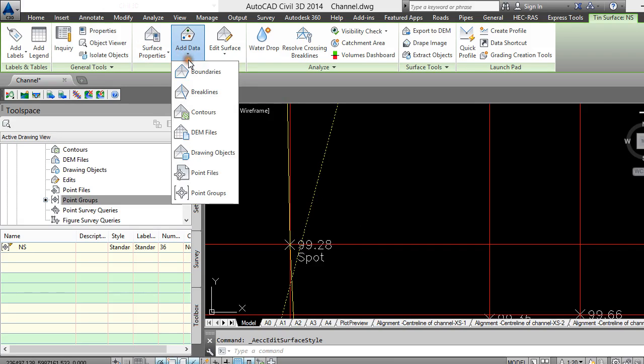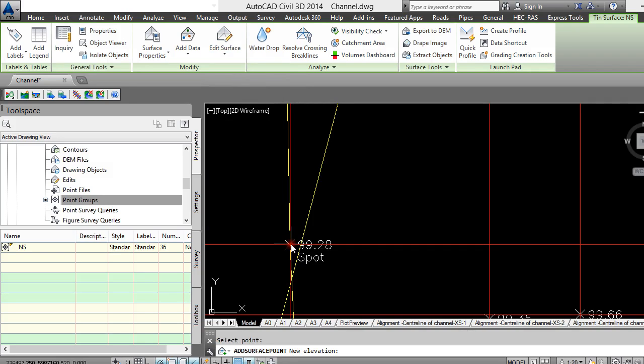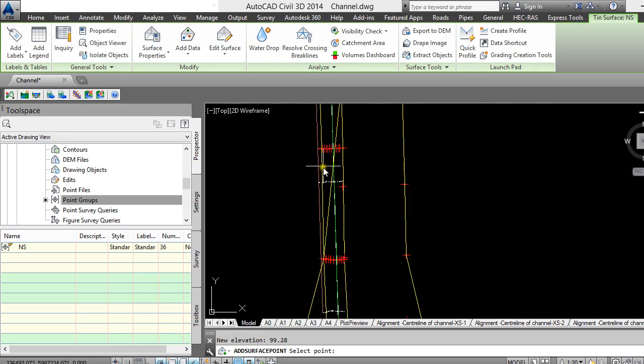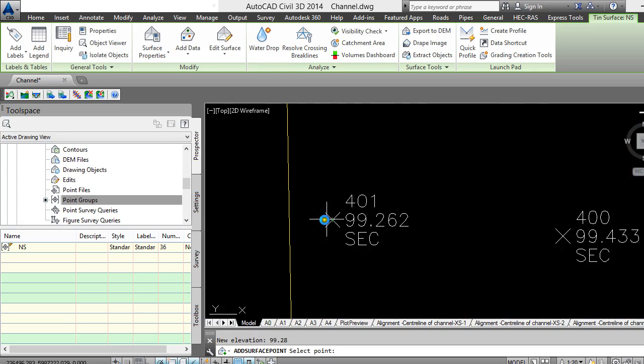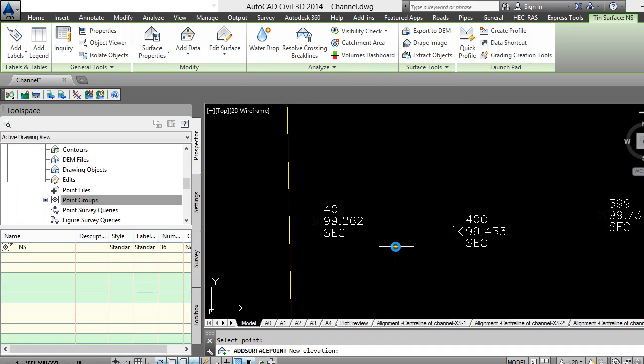So I can click add point, this new elevation which is 99.28, and then keep adding the points for fences as well as the channel. This point elevation is 99.262,